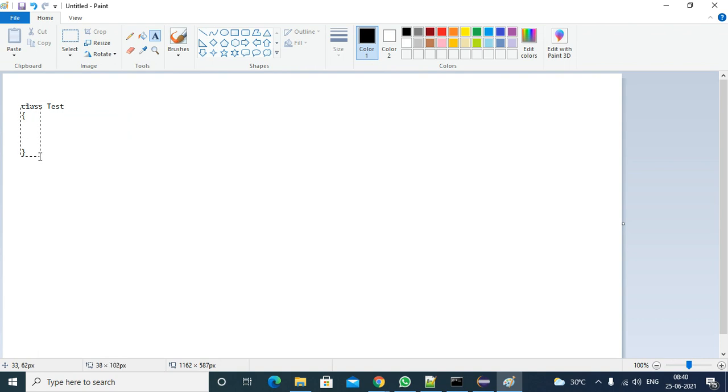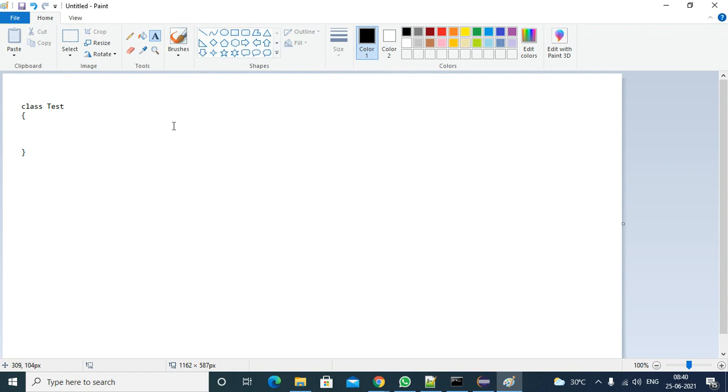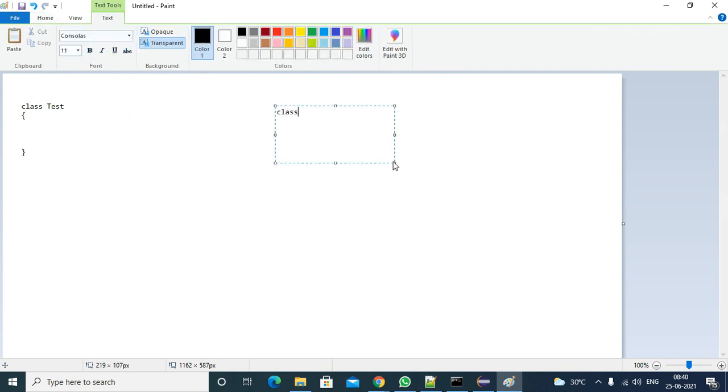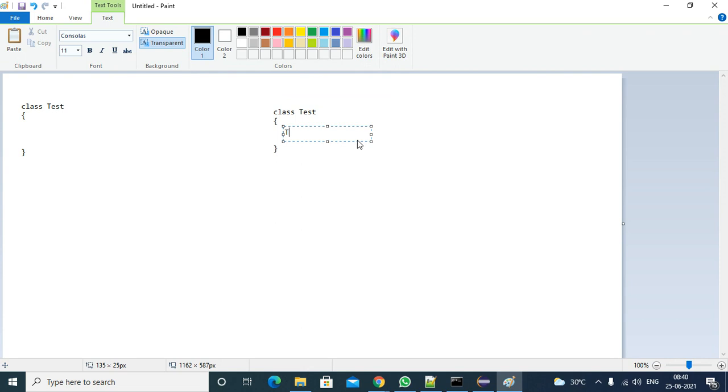In this case you don't have any constructor, so what will the compiler do? Class Test: inside this, it will add a default constructor, right? So it will add a default constructor with the name Test.